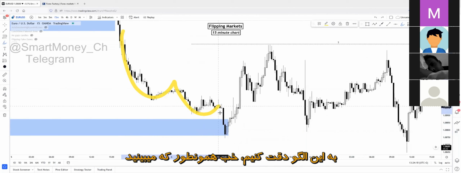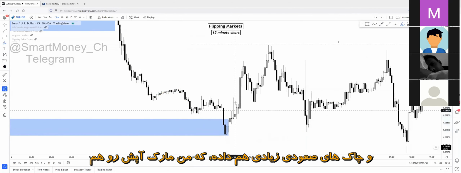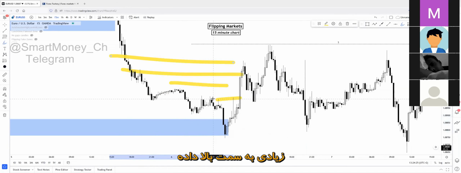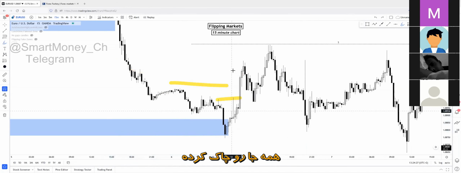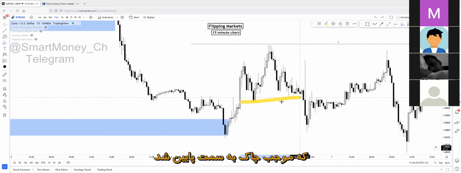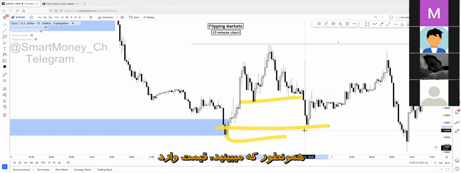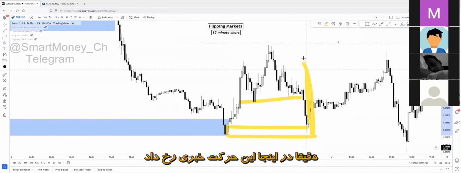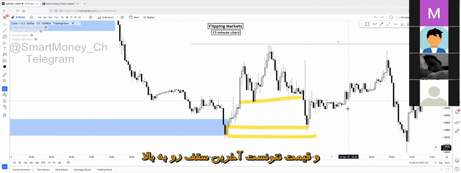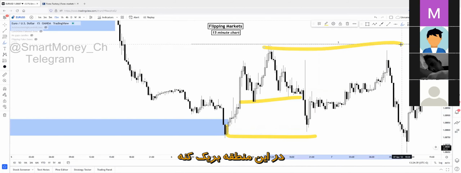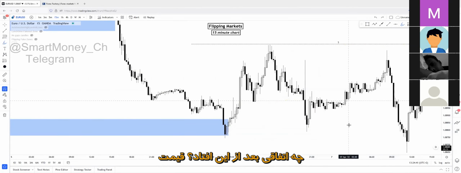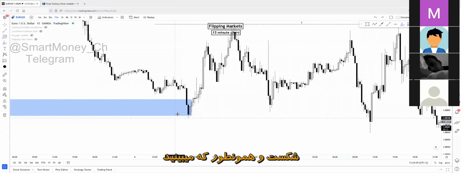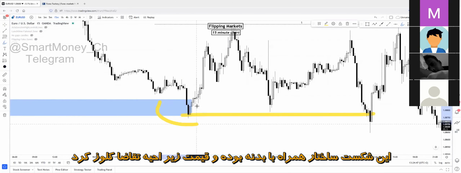As you can see, price was coming in a downside trend and created a change of character on several places. I even sent you in the markups, multiple changes of character everywhere. After this, it created liquidity for this zone that was leading to a change of character down here. Price tapped this zone, created a news movement right here, and price couldn't break above the last recent high point at this region. What happened after this? Price created a break of structure right here to the downside with body closure, and its body broke below this demand zone.